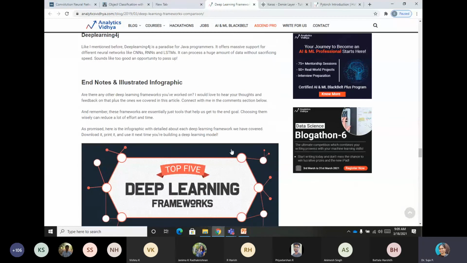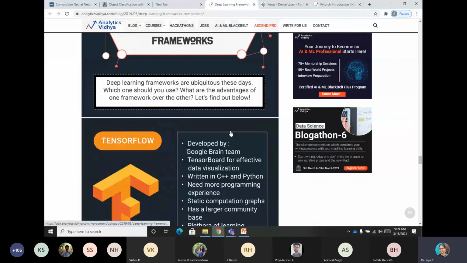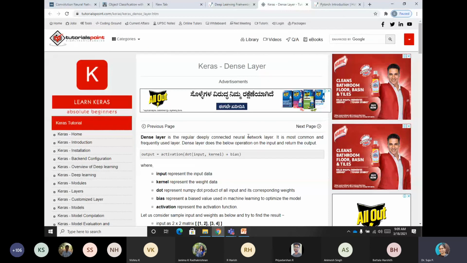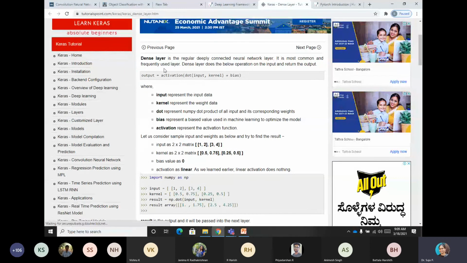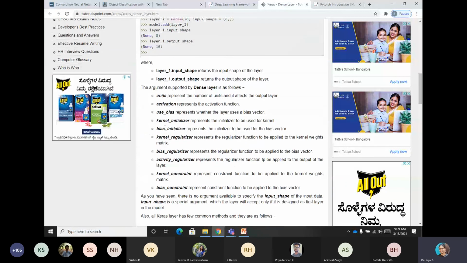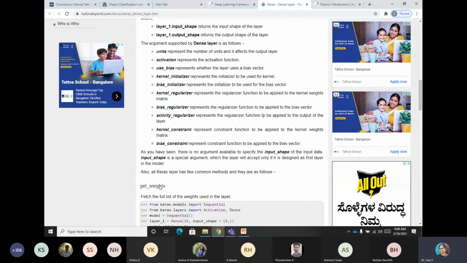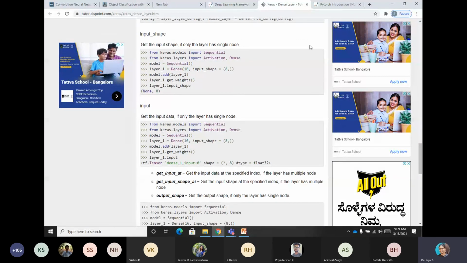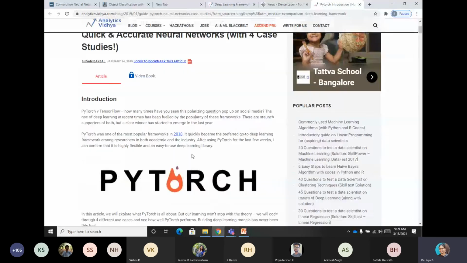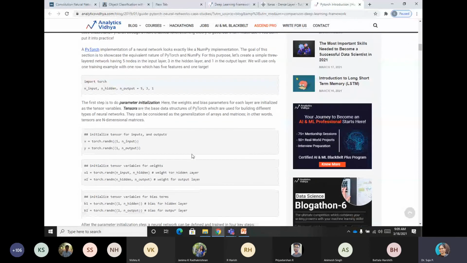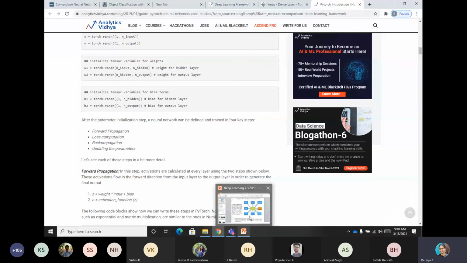I think you guys already know, and you will be doing all this, but I just wanted to give a brief idea about this. And then here it explains about Keras, how you have to make it like a sandwich, how to prepare all this, the layers one by one, how you have to develop the model. All these are given here. I will share all these links. And regarding PyTorch, there is a get started with PyTorch guide. Okay. So these are the things about the frameworks. Now I'll go back to the slides.